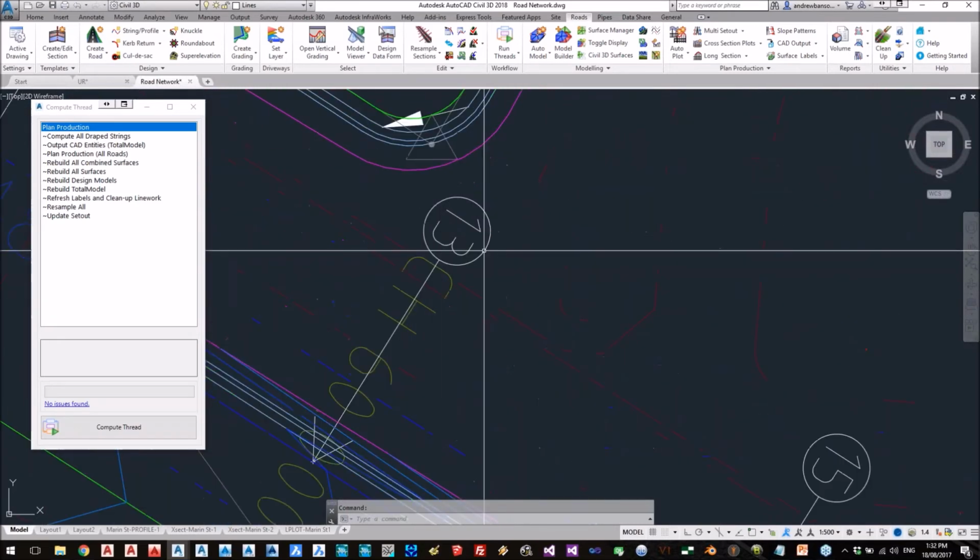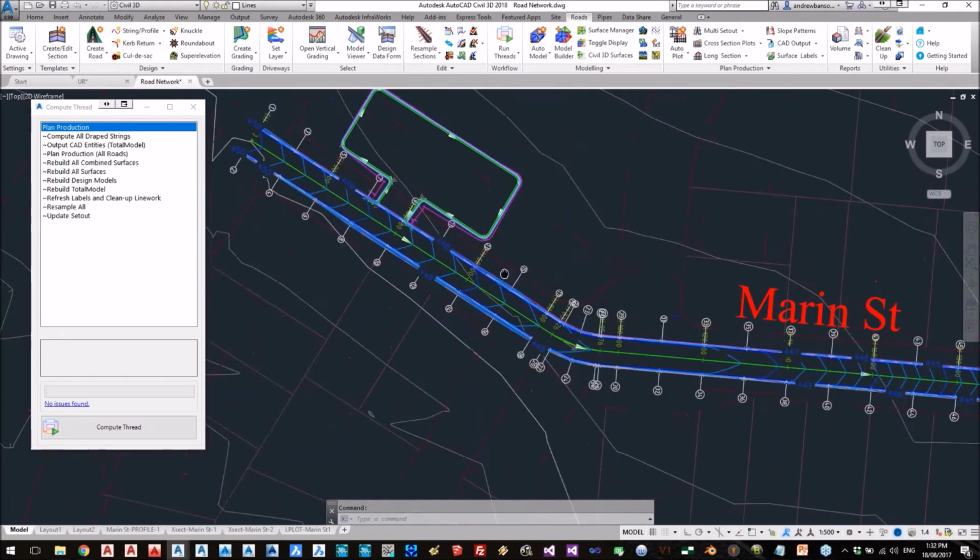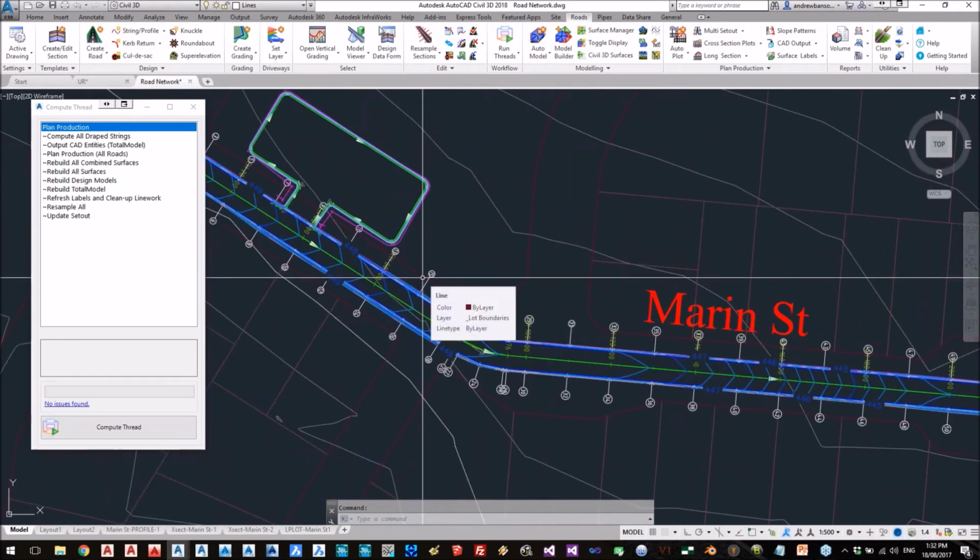Okay, let me just do another example of threads. And what I might do this time, because I'm running inside Civil 3D, I might tell the software that I want to output a Civil 3D surface. And the other thing I might do is tell the software that I want to output the datum surface as well. We often get asked